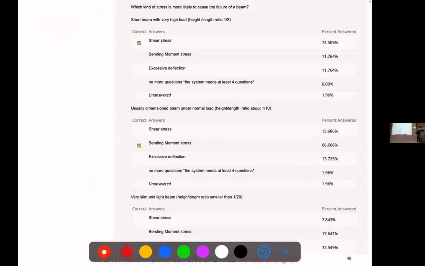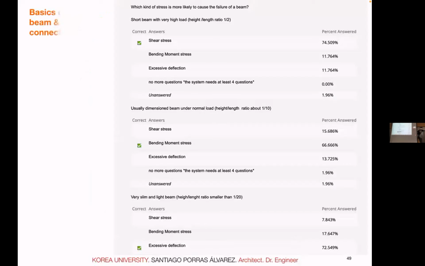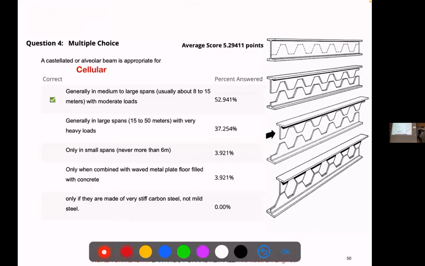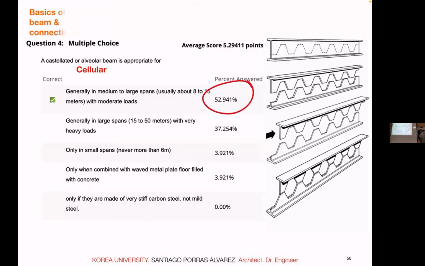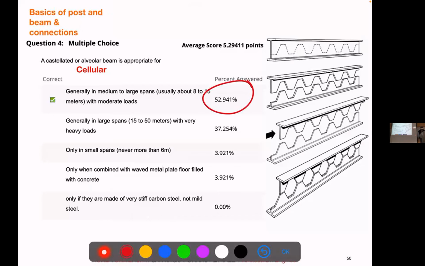So, okay, the stress question was mostly well understood. Again, shear stress was a bit worse, but I think these basic formulas were okay, right? The cellular beams were a bit more surprising. We said, okay, I put alveolar, that Spanish word went on. We call it alveolar in Spanish. Cellular beam, or castellated, right? This kind of beam, we said, they make sense to have good performance against moment, against deflections, but it has very little material, so in shear it is kind of weak. So we have it in large spans, but medium-large spans, not heavy loads. It's just logic, right?